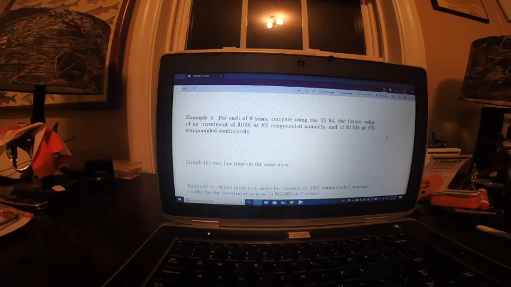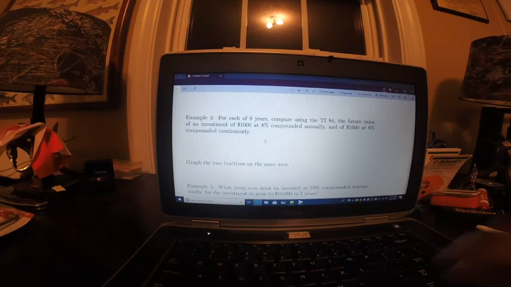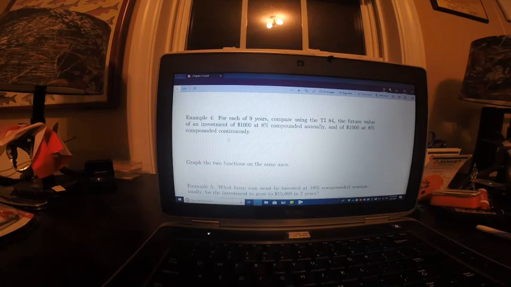The next one says for each of 9 years, compare using the TI-84 the future value of an investment of $1,000 at 8% compounded annually and of $1,000 at 8% compounded continuously. Okay, so for each of 9 years. The first thing we need to do here is come up with a formula. Compounded annually, what I'm going to get is y equals,